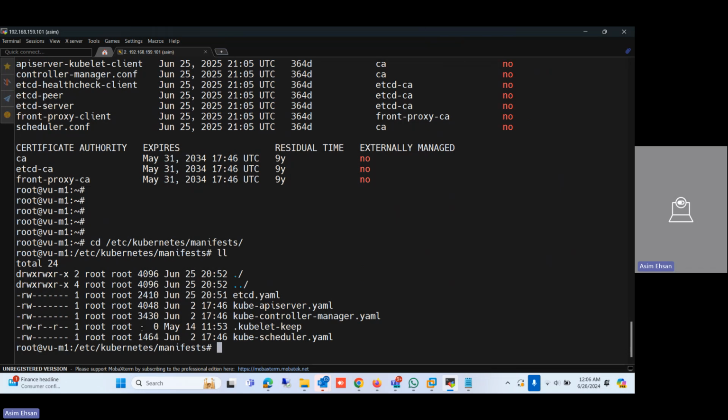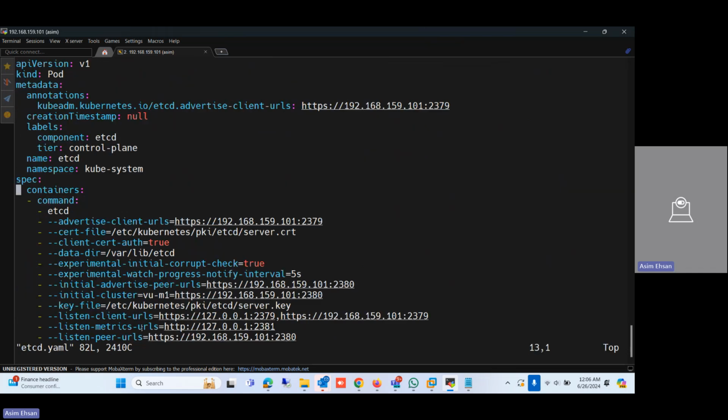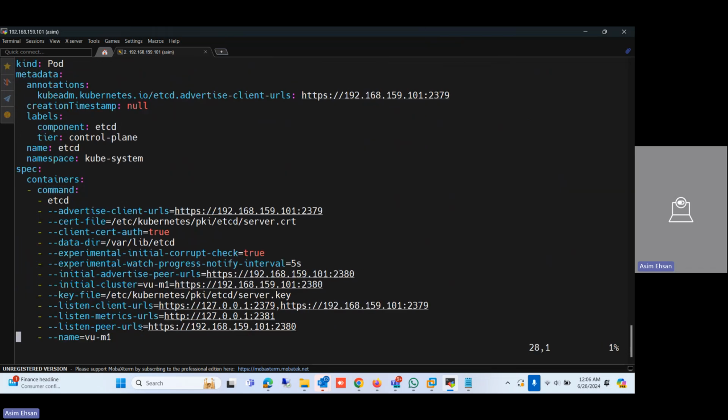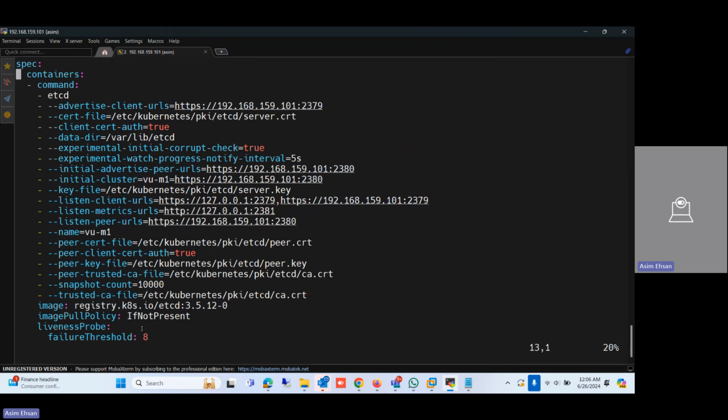If I open, for example, the etcd manifest, the container has these commands, and in these commands the certificate path is also provided to the etcd server. So when the etcd service starts, it will use all these